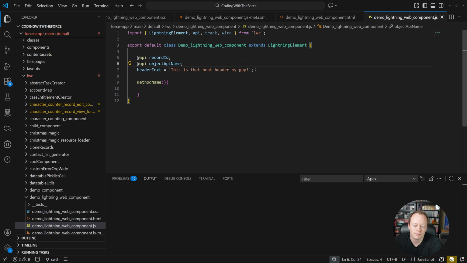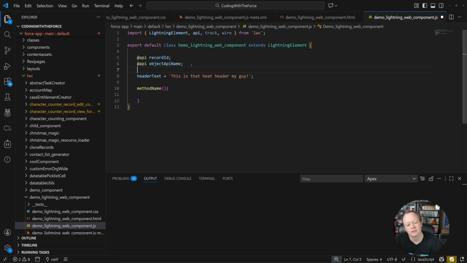All right, cool. We know what the @api decorator does. Let's move on to the @track decorator. The @track decorator is one that I think people still occasionally get confused on because it has changed in its usefulness over time, which is actually a good thing. But back when LWCs were originally introduced, a hot minute ago now, like 6 years or something, 7 maybe. I've been around a long time. Anyway, back when they were originally introduced, if you wanted